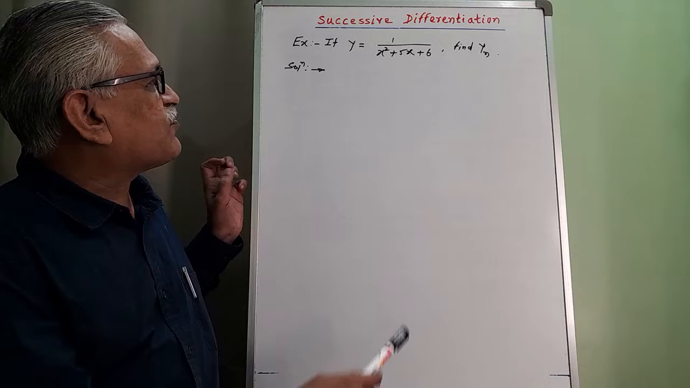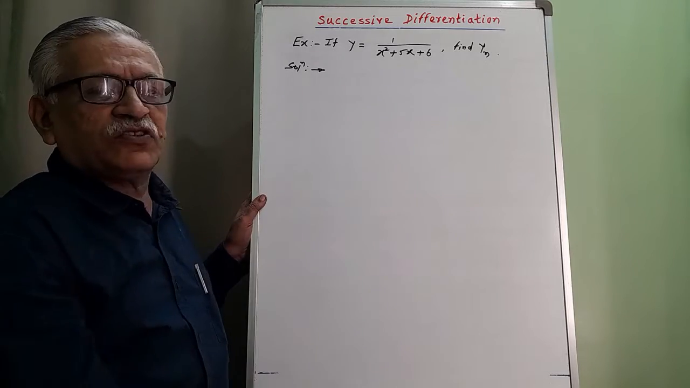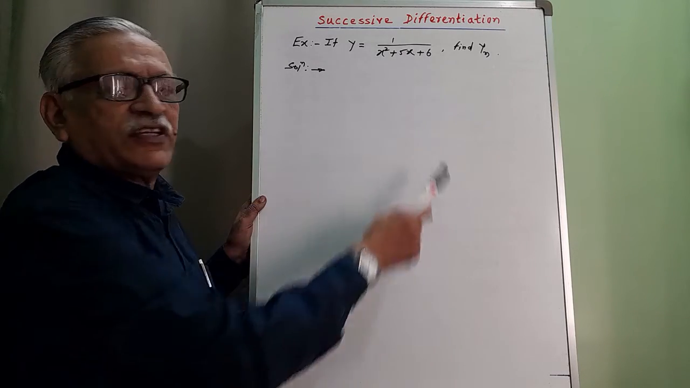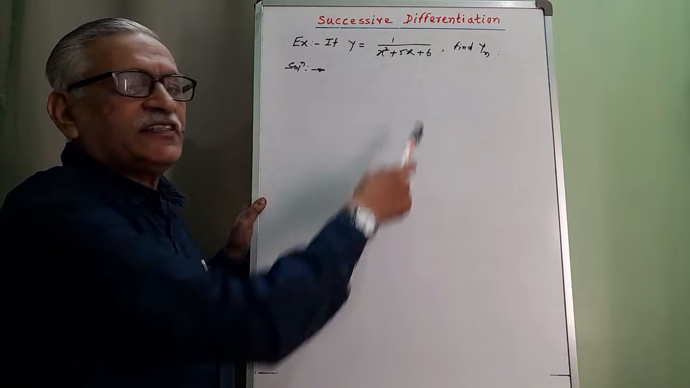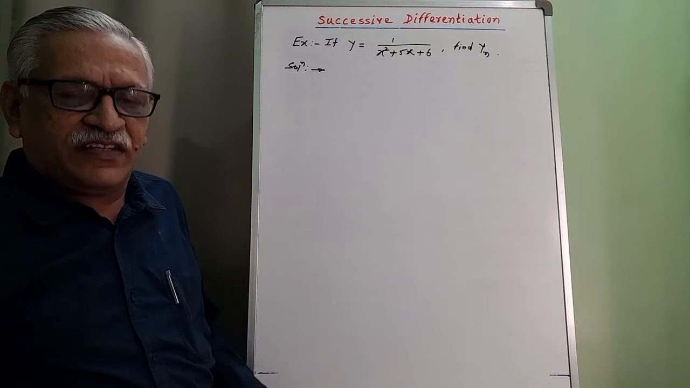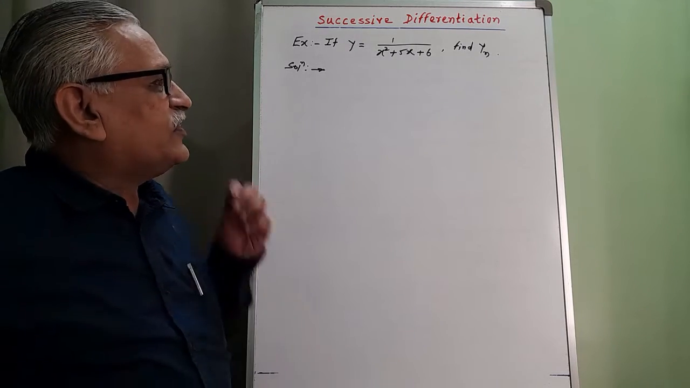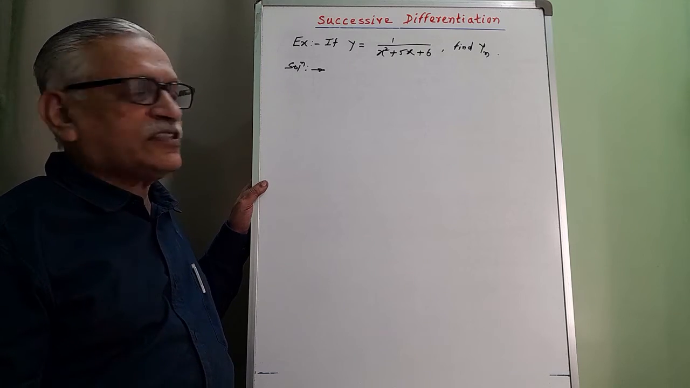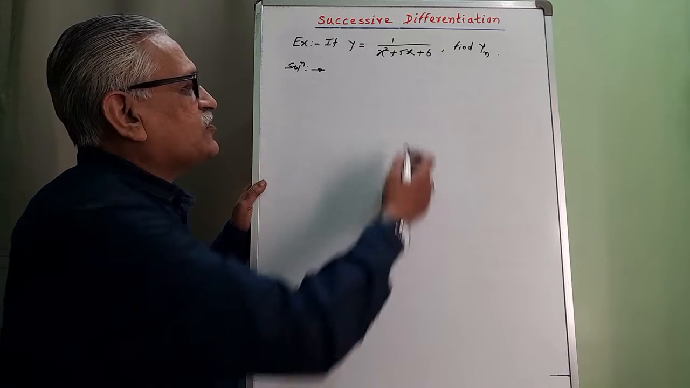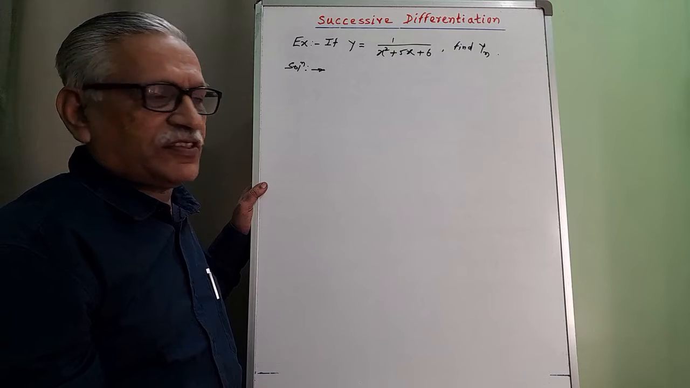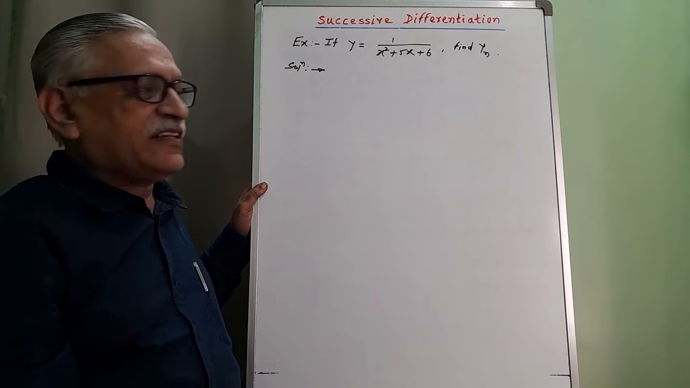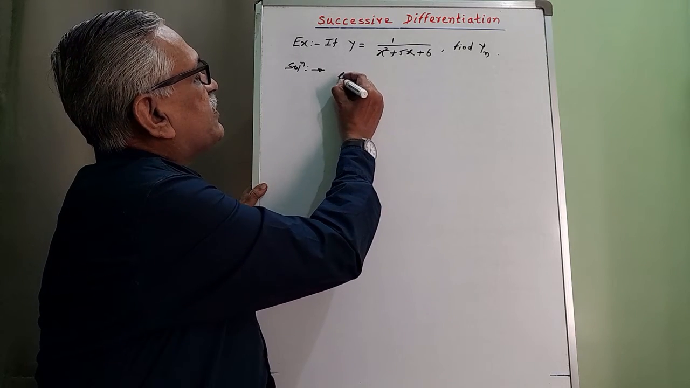Let us solve the problem. If y is equal to 1 upon x square plus 5x plus 6, then find its nth derivative, that is yn. To obtain this, we check which standard result is applicable to find the nth derivative of this function. None is applicable directly here. Therefore, whatever the given